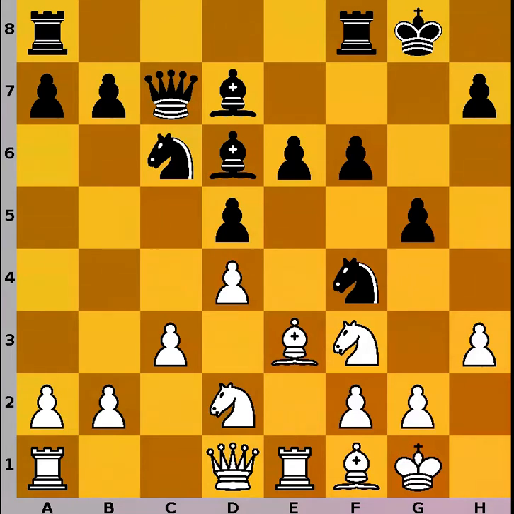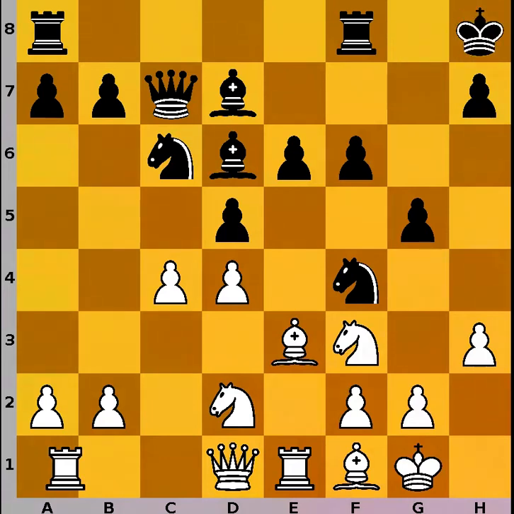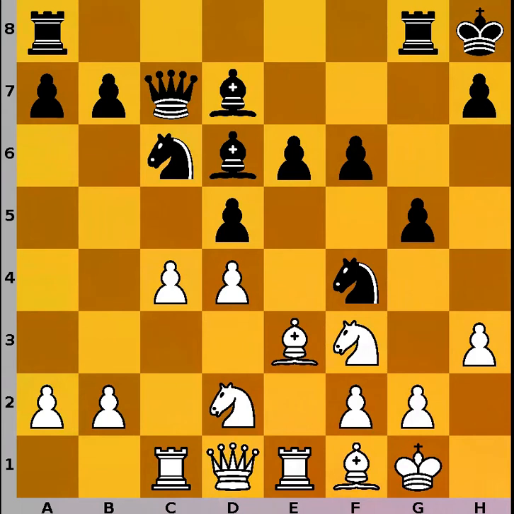White strikes the center with c4. Now black shouldn't capture on c4 because he loses control over the e4 square. Moreover, white can recapture on c4 with the bishop, further putting pressure on the black king. So black removes the king out of the diagonal, king goes to h8, rook to c1, rook to g8, x-raying